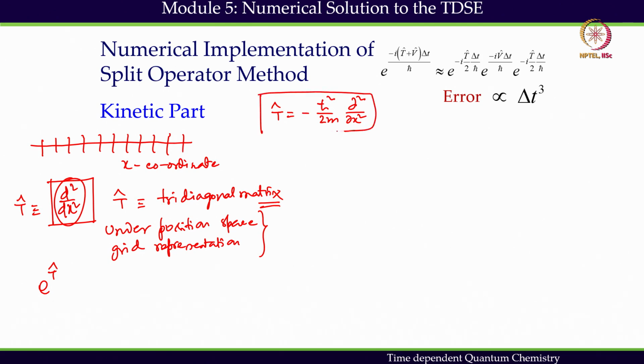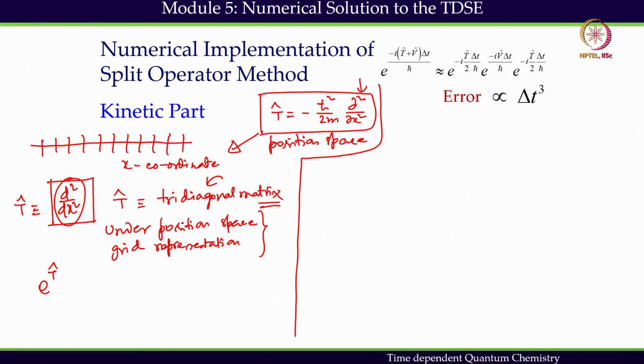This is the form in position space. If I express the kinetic energy operator in the position space, then I get this form. Immediately I get this second derivative, and the second derivative, using the finite difference method, gives only this tri-diagonal matrix form. But instead of position space,